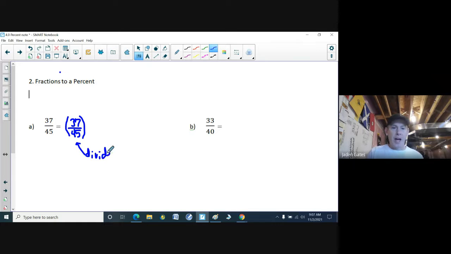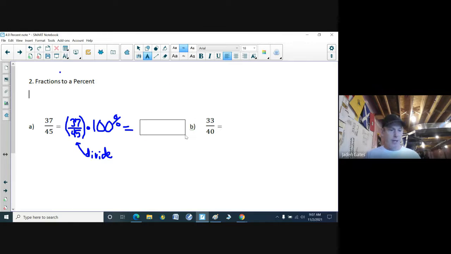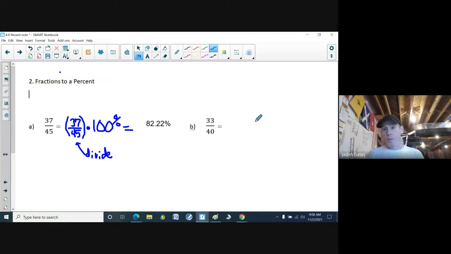And then on top of that, we're going to multiply by 100%. So if I take 37 and divide it by 45, I get 0.8222, and I times it by 100%, I end up with 82.22%. Again, I just divide my fraction and multiply by 100%. So if I want to compare this test to another test that's out of 40 instead of 45, to see which one we did the best on,